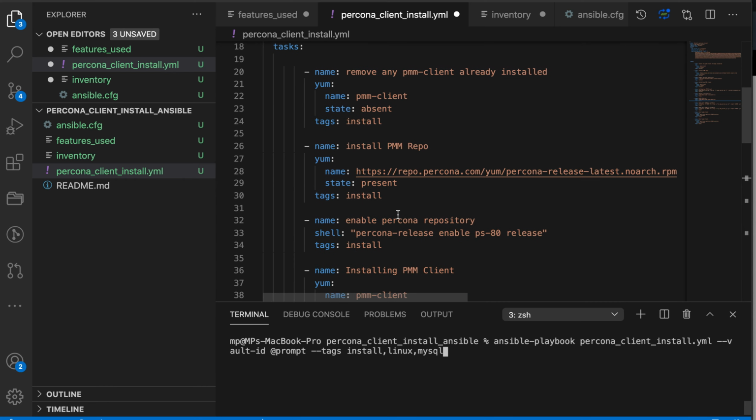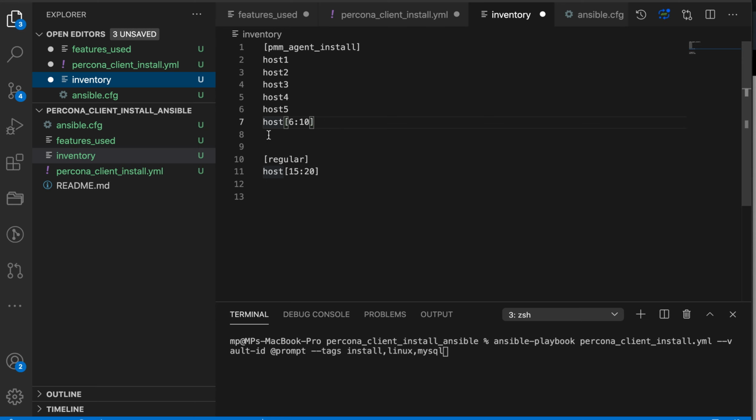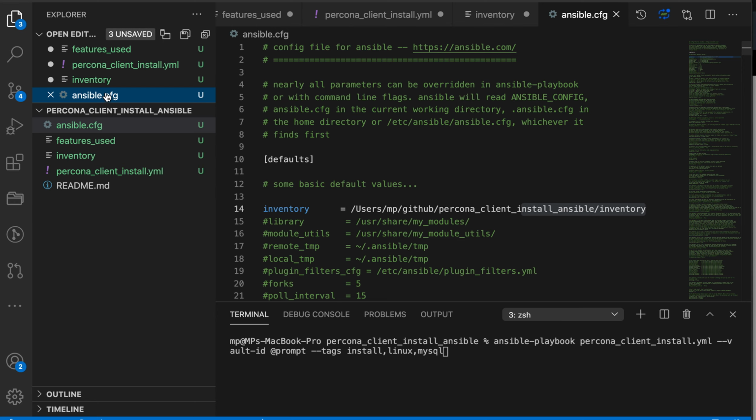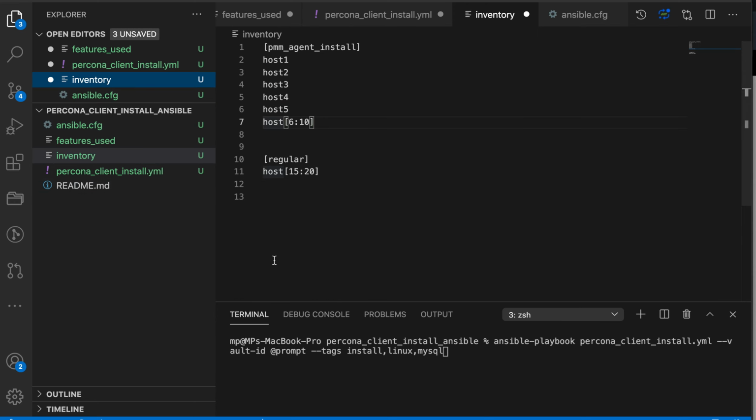There's also other things you can do. You can specify to run a task with tags, without tags, as well. But in this case, for sake of demonstration, I'm going to include everything. Now, I don't have a Percona server to connect, and I also don't have any of these hosts that are actually real. So this is not going to be a 100% live demo, but I'm going to go ahead and run the playbook